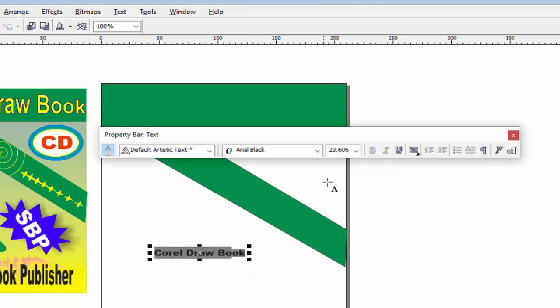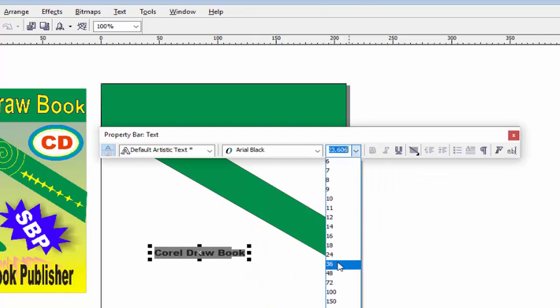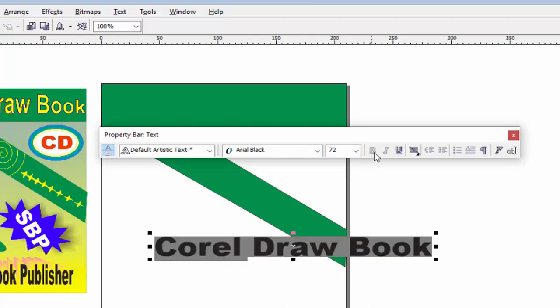If you want to increase the size, use the size option. To make the text bold, click here or use shortcut key Ctrl plus B, italic Ctrl plus I, and underline Ctrl plus U.